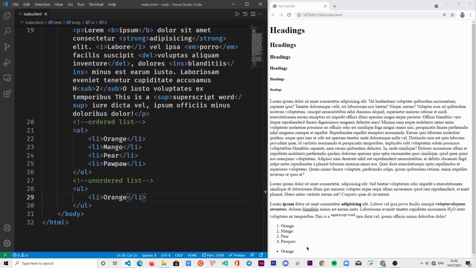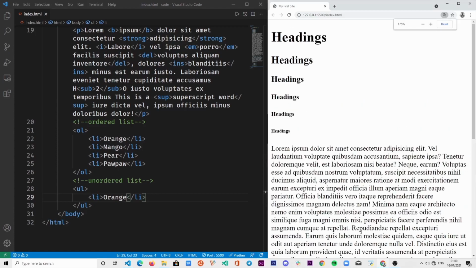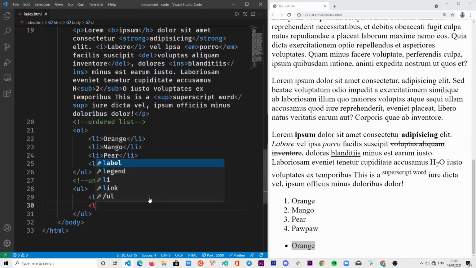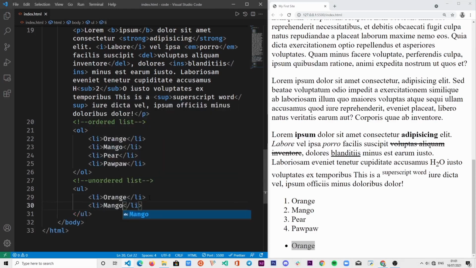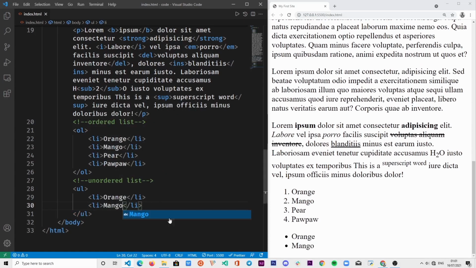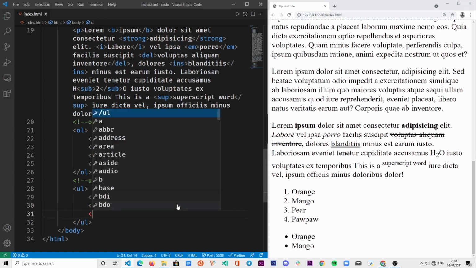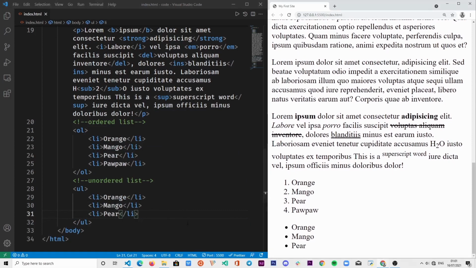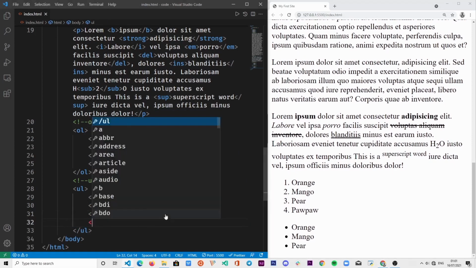So now as you can see here, the first element is being marked with the bullet right below here. All right, so now let me maximize so we can see. All right, so as you can see here, we have orange with a bullet. And now let's go to the next item, mango. All right, the third one, pear. All right, and then the fourth one,